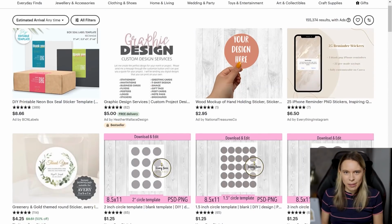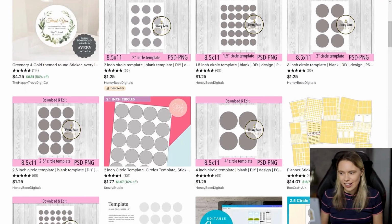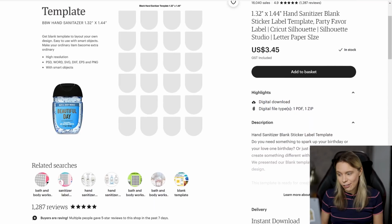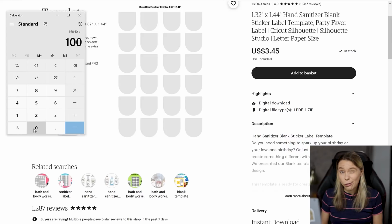And check out this other method that people are using to earn passive income online every day from selling digital downloads, blank sticker templates. It's just a downloadable sheet featuring blank sticker layouts. So let's take this one here. It's had 66 reviews, which is roughly 5% of the store's total reviews, which is 1,287 reviews. This means that there is a good chance that it also makes up around 5% of the store's total sales too. Well, if you do the maths and you take 5% of the store's total sales, which is 802 sales